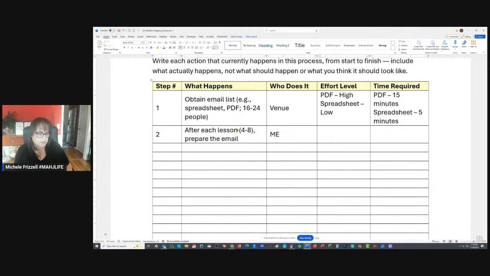what is the effort level of these emails that you send? How long are they? How long do they take you to do? What is the effort level, and how long does it take you to prepare these emails?